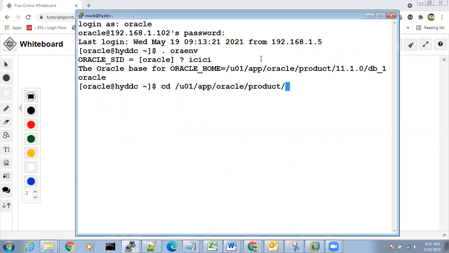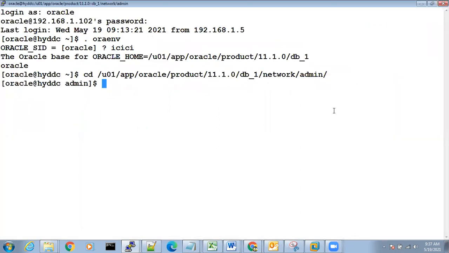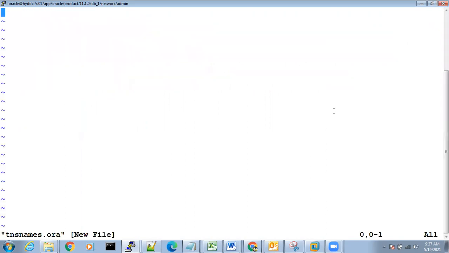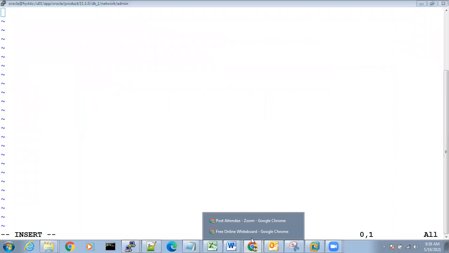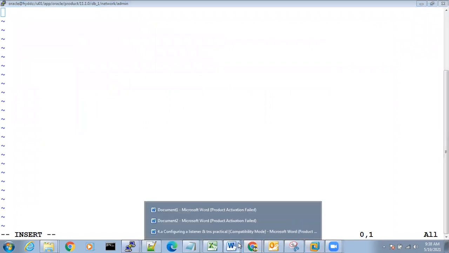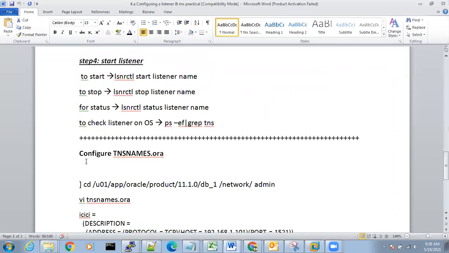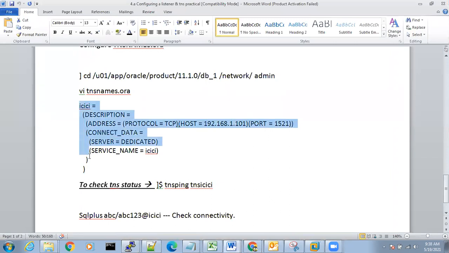cd /u01/app/oracle/product/11.1.0/db_1/network/admin. Okay, here we have to give the TNS configuration, tnsnames.ora. Go to insert mode and give the TNS name. This will be the TNS name.